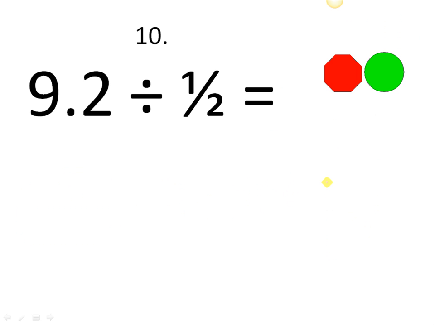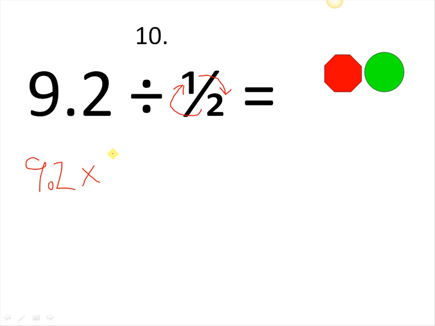Number 10. You're dividing 9.2 by 1/2. Click on the stop sign. Okay, well, we have some number, and we're dividing it by 1/2, and we know that when we're dividing a number by 1/2, we just flip over the dividing fraction, so the numerator becomes the denominator and the denominator becomes the numerator, and then we just multiply. So now I have 9.2